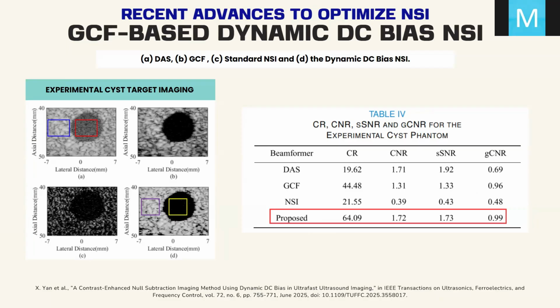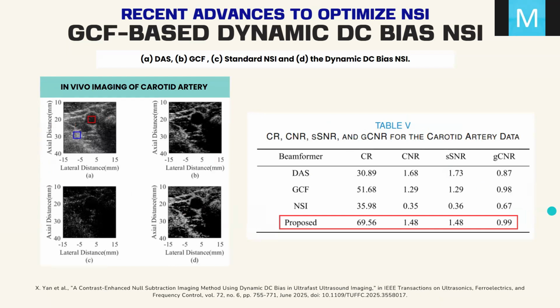In the case of the phantom cyst experiment, the proposed method again exhibits improved contrast between the cyst and its background. While the standard NCI performs poorly for this case as well, the proposed method reaches the highest generalized CNR value of 0.99. And in the in vivo imaging of the carotid artery, the proposed method demonstrates clearer anatomical boundaries compared with the classical NCI, which tends to generate dark, low contrast images. These results show that the dynamic DC bias approach successfully addresses the limitations of conventional NCI while maintaining low computational